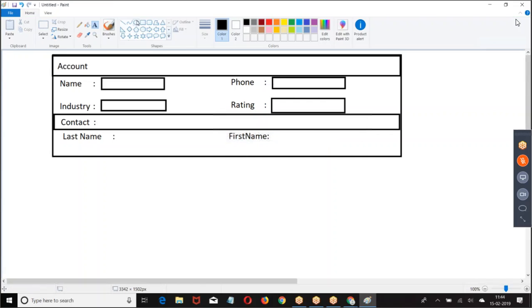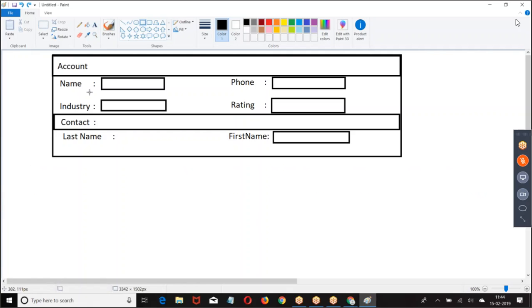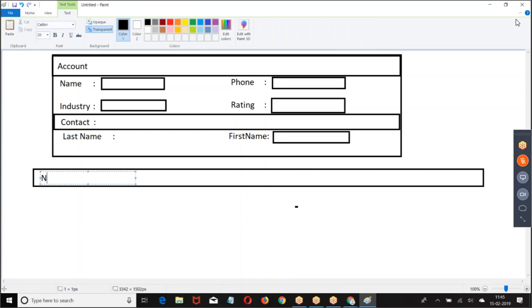Last name first. Now when I click on add, that should be displayed in the block. How should they be displayed? First, let me take an example. It should be displayed like name, phone, okay.